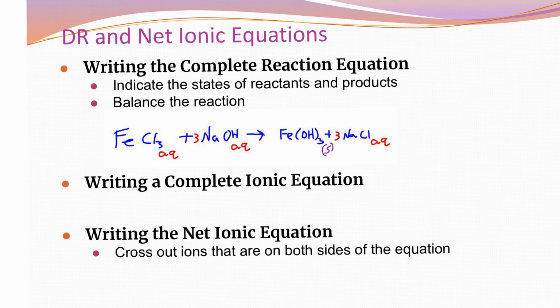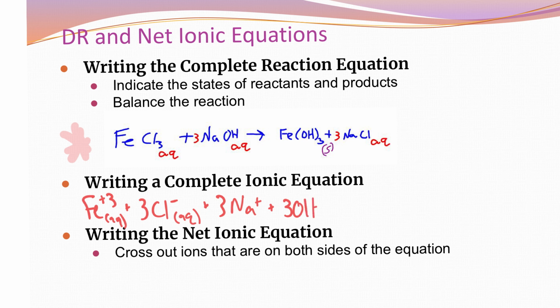We do this to show really what's going on. The full equation shows more information than needed, so you want to reduce it down to its net ionic equation. How you do this, and we're just using the equation above right here, is you want to break the things into its ions. So we know Fe is a +3 charge, and there are 3 Cl minuses, and you want to write aq, and then there are 3 Na pluses and also 3 OH minuses,